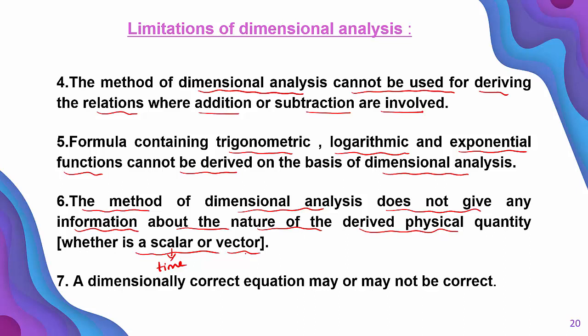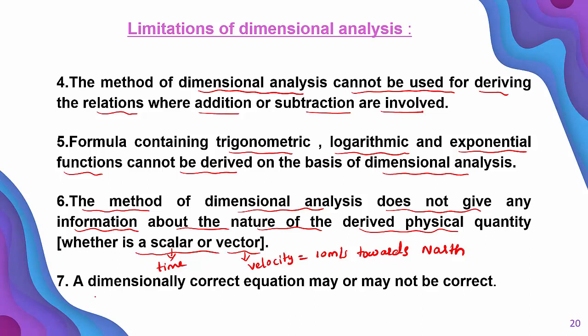Then vector. A vector has both magnitude as well as direction. For example, I can take velocity. Velocity is equal to 10 meter per second, and I can write the direction towards north. Suppose the car is moving in the northward direction with velocity 10 meter per second. So this velocity has both magnitude and direction. Is it clear? So these terms were not explained by dimensional analysis. This is also one drawback. About scalars and vectors in detail you are going to study later.